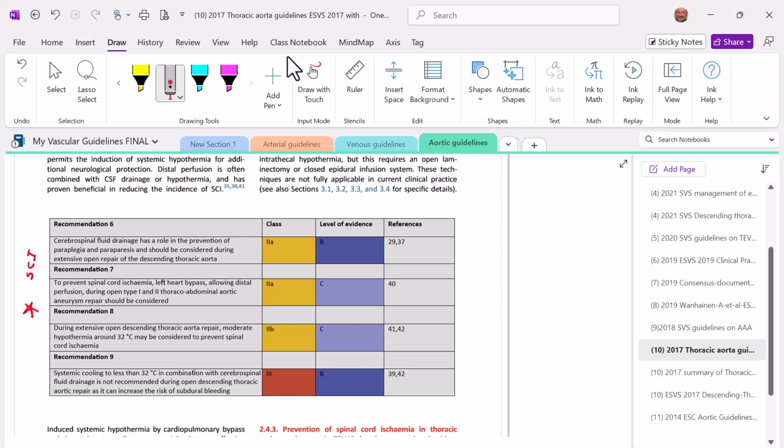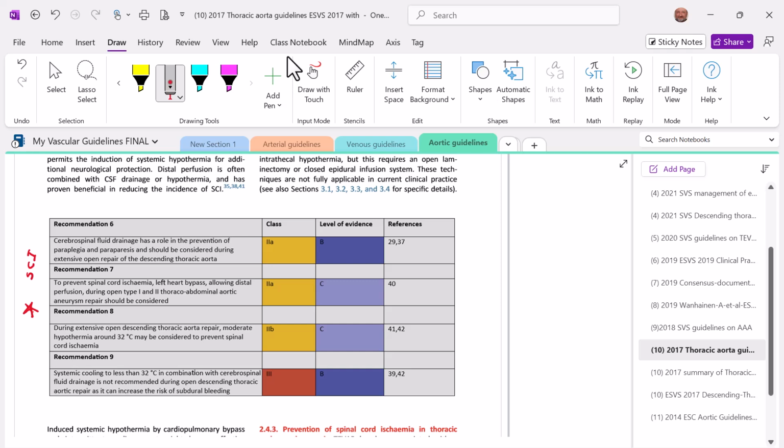Most of us who do thoracic surgery must have CSF monitored by the anesthetist to prevent spinal cord ischemia. Left heart bypass allows distal perfusion during open type of repair. In extensive type repair, hypothermia to 32 can also prevent spinal cord ischemia, and this is the duty of the anesthetist. The combination of hypothermia and CSF fluid drainage is not recommended during open descending thoracic aorta repair, as